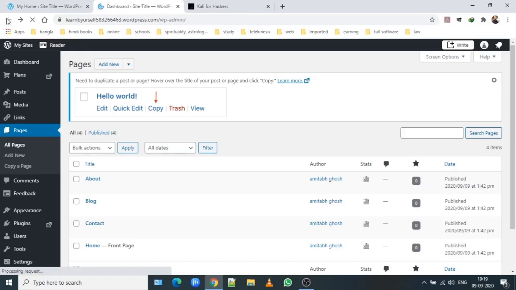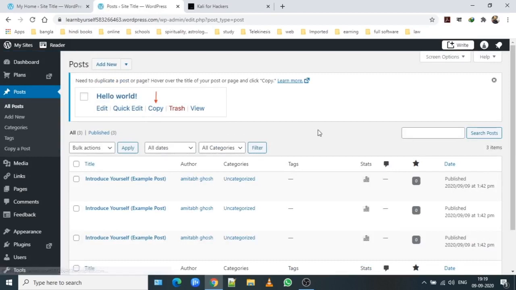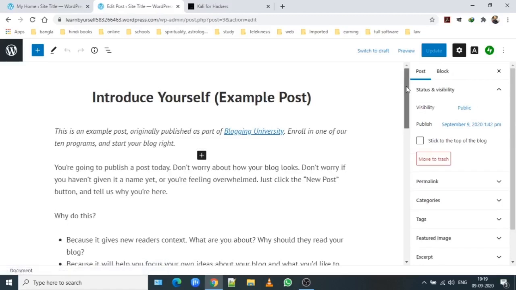And now let me go back and let me show you. Pages you have already seen. And what are these posts? 3 posts. So click over here. When you click over here, it gives me a simple post, introduce yourself. If you want to check, or if you click on edit, let me check what it is saying. So this is the default introductory part